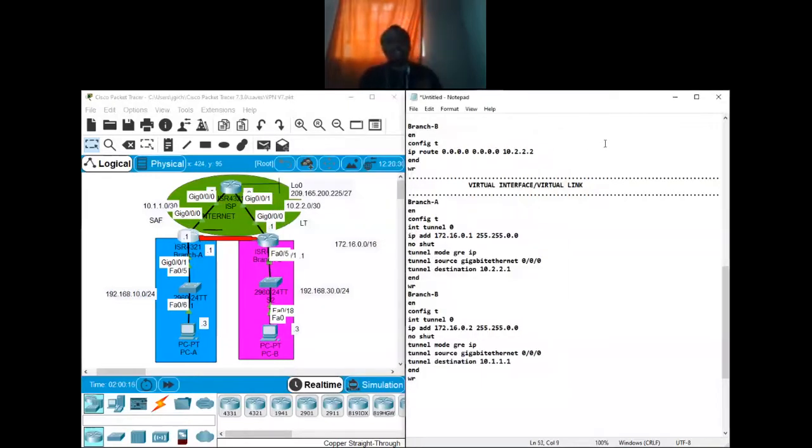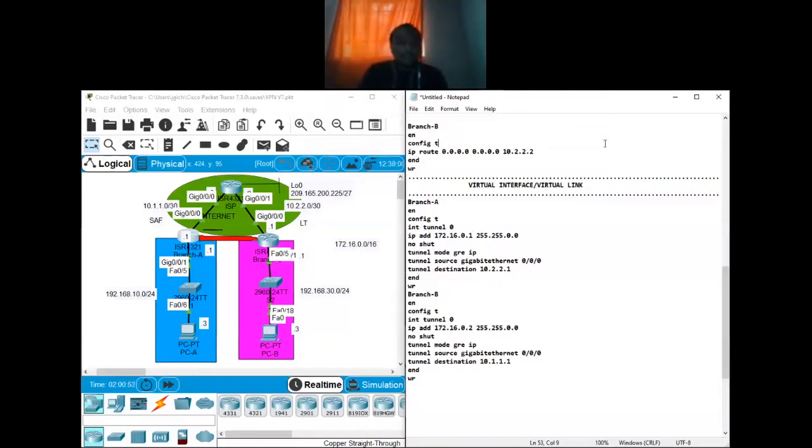So now you have created a scenario whereby we have a branch in Nairobi, a branch in Cairo, and we have laid a cable from Nairobi to Cairo. Can an individual in Nairobi, using their private IP address, ping an individual in Cairo? Now, that one becomes tricky. Yes, we have a cable between Nairobi and Cairo, but the router in Nairobi just knows the virtual link and the local area network link. The router in Cairo knows the local area network link and the virtual link, but both routers do not know about the local area networks of the neighbors.